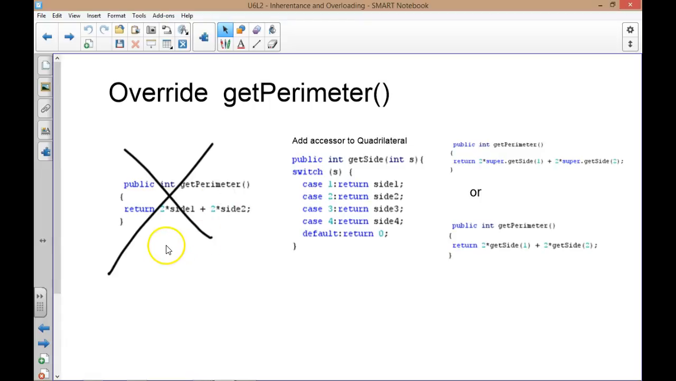I'm going to pause the video, and I want you to think about what is the issue here. The issue becomes that side 1 and side 2 are private pieces of data that live in quadrilateral, so the child class doesn't have it. So what we really need is to have had an accessor method added in the quadrilateral. So this method has to be in quadrilateral. And then we're going to do this,